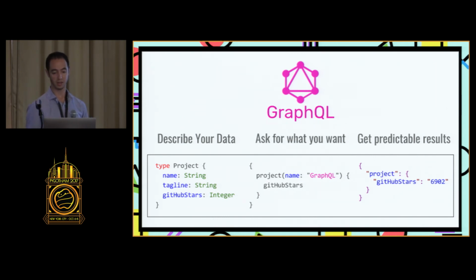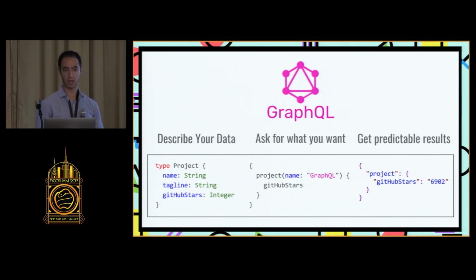And since I can't really imagine anything better than their homepage, I'm just going to kind of plagiarize it. So this is the example that they have on their homepage. I actually think they changed the colors around a little bit since I made this slide. But so in GraphQL, you describe the data as a graph of interconnections, and you ask your client specifically for the data that it needs. And the GraphQL returns data of the same shape. Or sorry, the server returns data of the same shape.